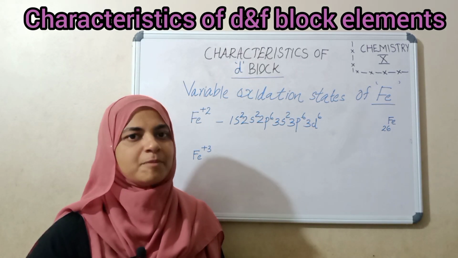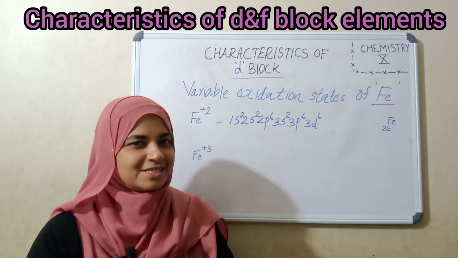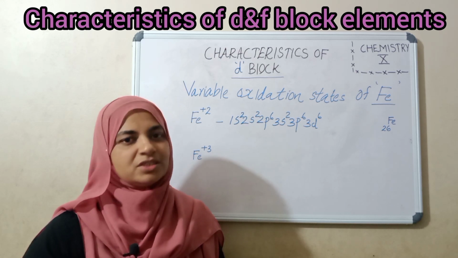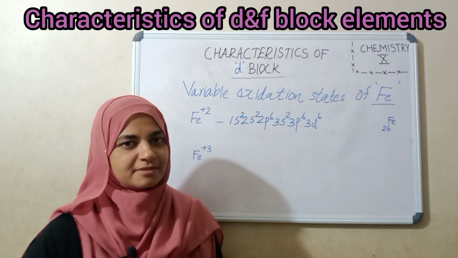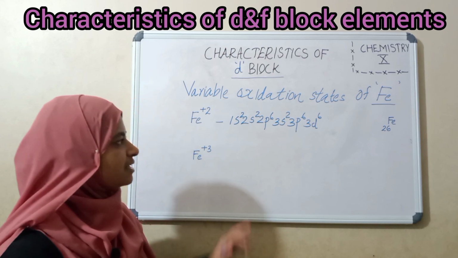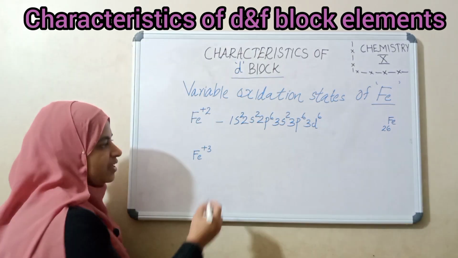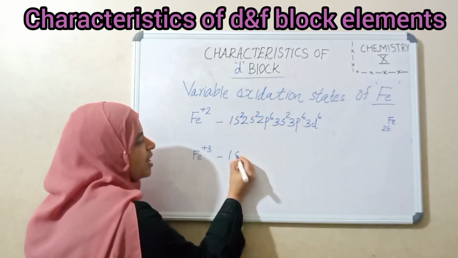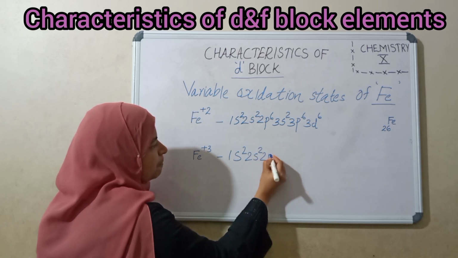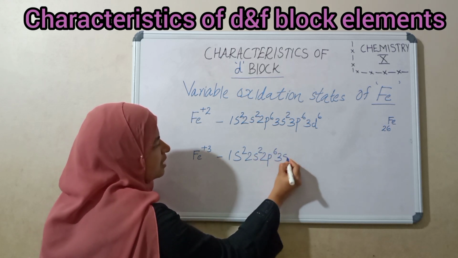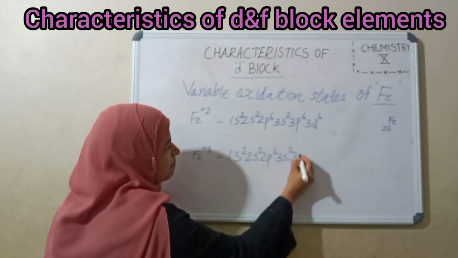What is the penultimate shell? That is just before the last shell, or second from the last. Therefore, here the subshell electron configuration becomes 1s2, 2s2, 2p6, 3s2, 3p6,